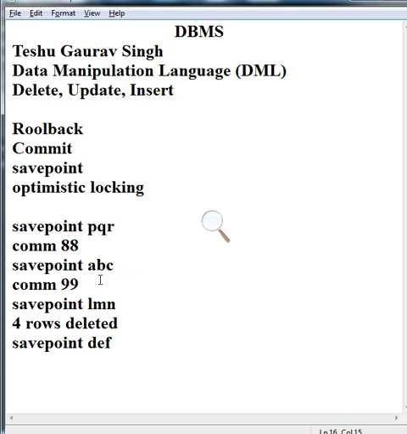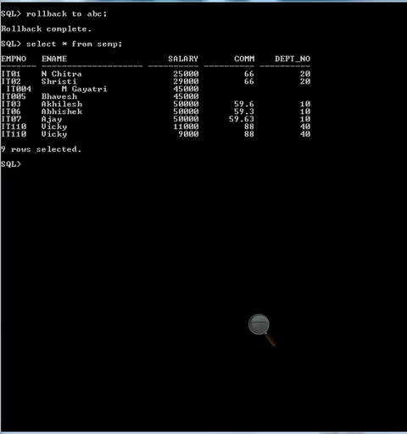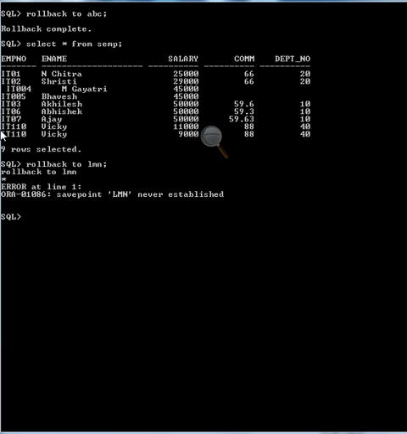After giving the commit command, all the save points are cleared automatically. So if I try to roll back to LMN, this gives us the error save point LMN never established, because it is cleared automatically.